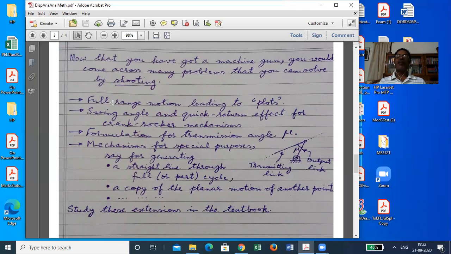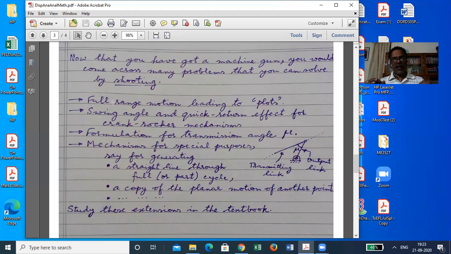And for each of them, I will get the values of theta 3 and theta 4. And then against theta 2, I can plot. So through those plots, you can study how the theta 3 and theta 4 plots versus theta 2 come. That is how the entire motion of the mechanism through the cycle is taking place, how the mechanism evolves its configurations over a cycle. You can study that.